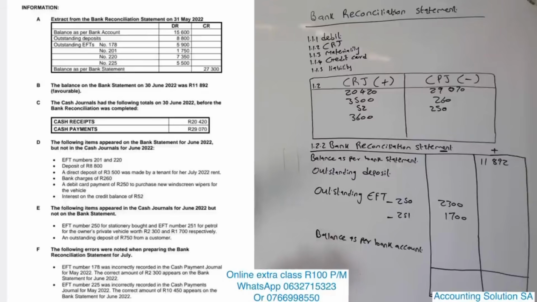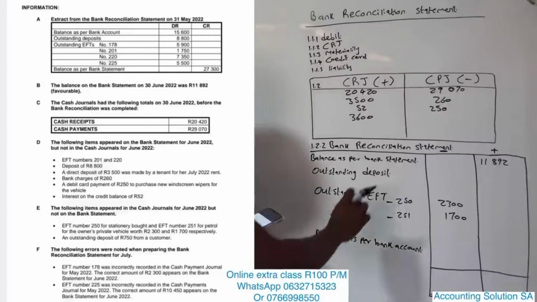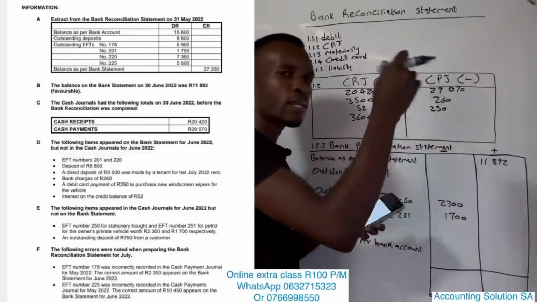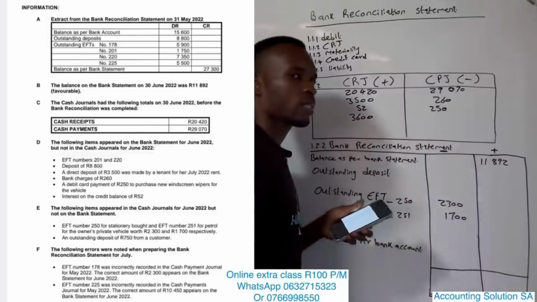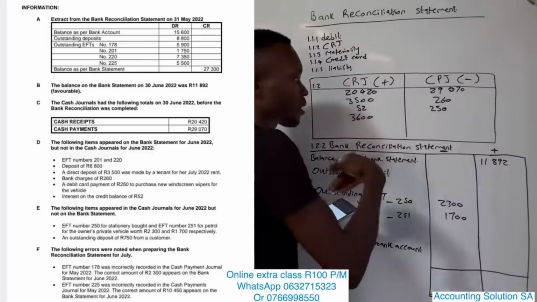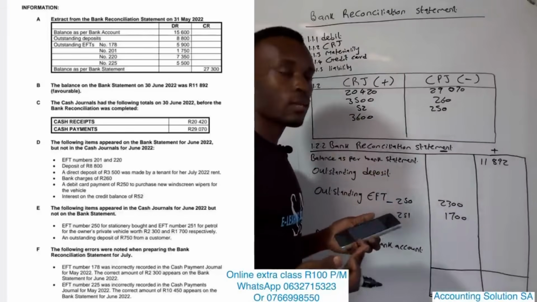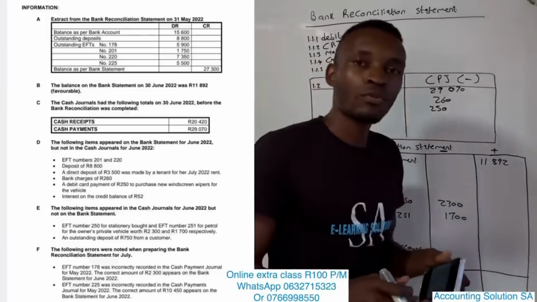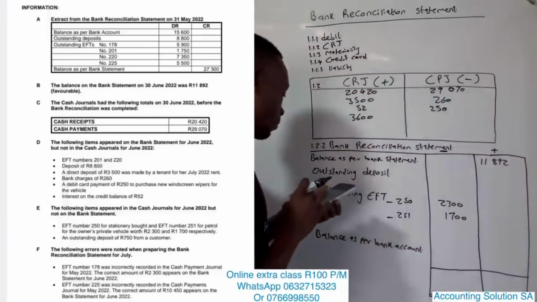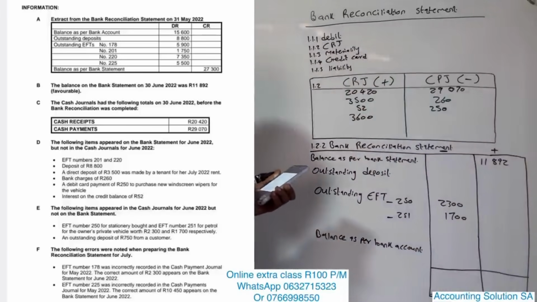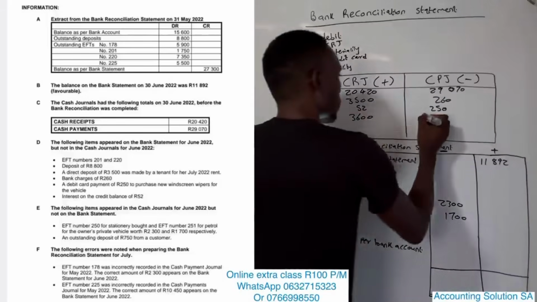We recorded 5,500 instead of 10,450. We were supposed to record more, which means that we recorded less here. To correct it, we must also record it here. We're not reversing anything in this case because we recorded less. But if you record more, we reverse. So 10,450 minus 5,500 will give you